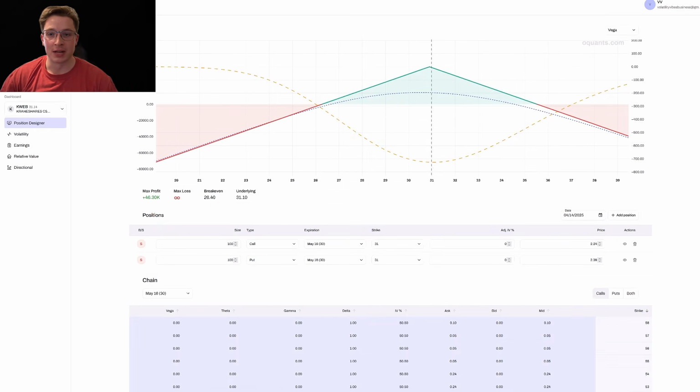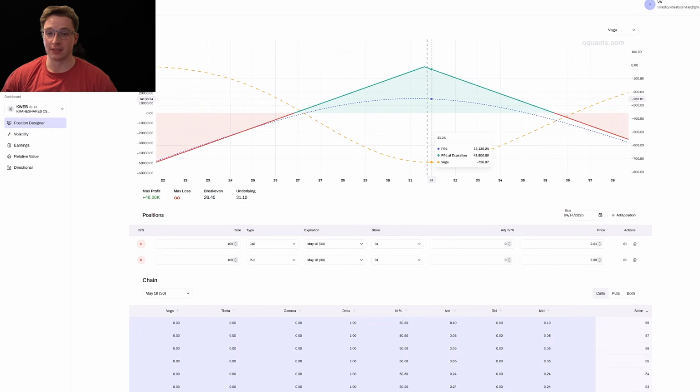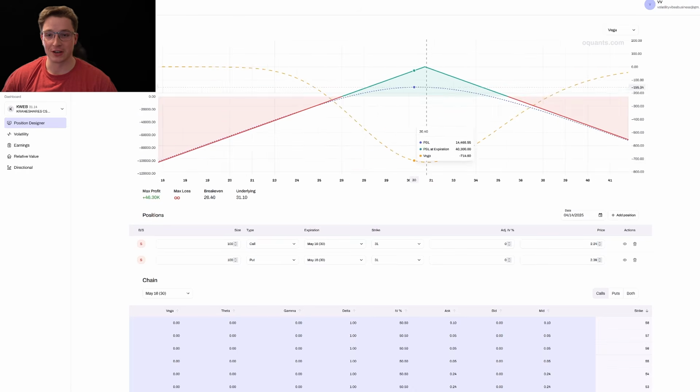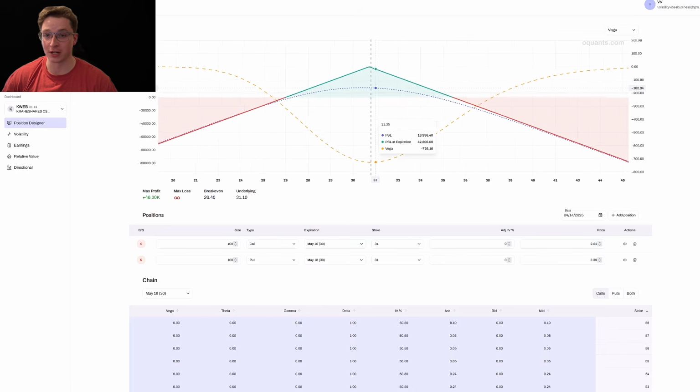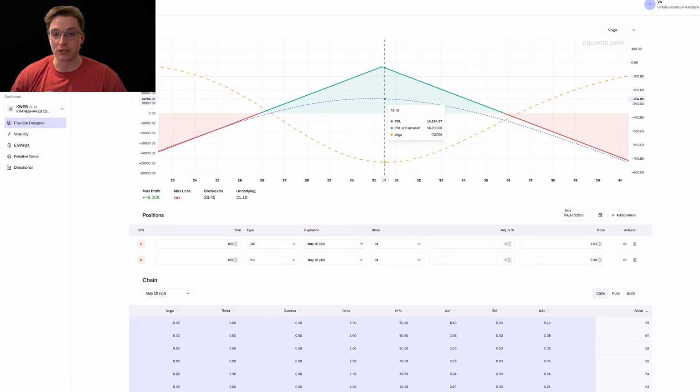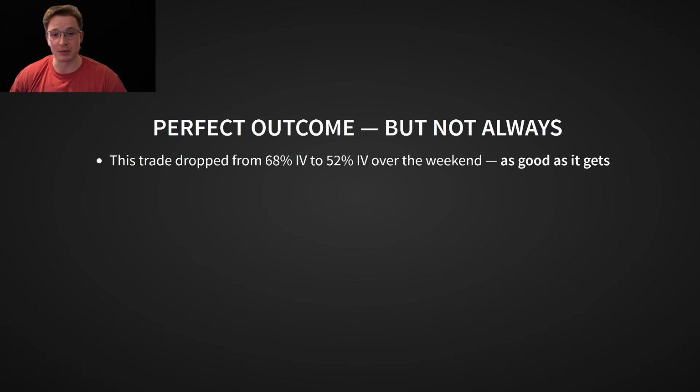So I didn't originally plan on having this part in the video because I honestly thought I'd be holding this position a lot longer, but it turns out this QUEB position worked out very well. So I opened it last Thursday and Friday, the 10th and 11th of April, and today is the 14th of April, and vol dropped from where we opened it around 68% all the way down to my price target of around 50%. So I decided to close and take the nice gain. Not too bad for holding a position over the weekend.